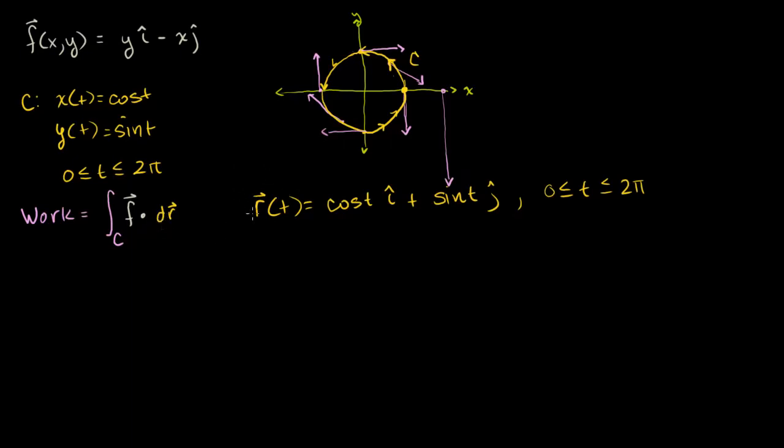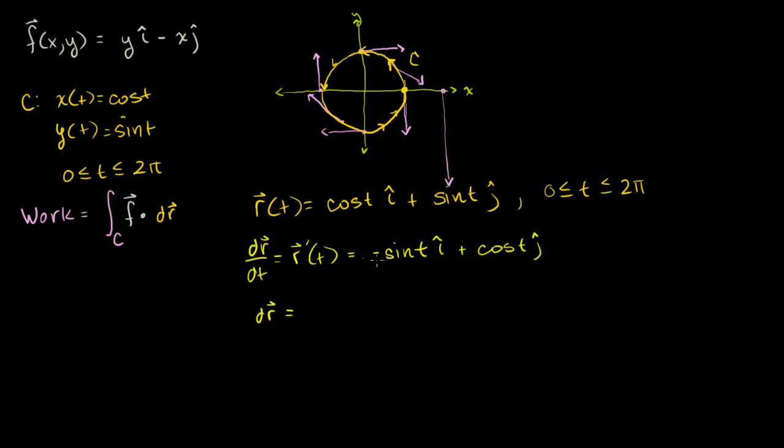So a good place to start is the derivative of our position vector function with respect to t. So we have dr dt, which we could also write as r prime of t. This is equal to the derivative of x of t with respect to t, which is minus sine of t times i, plus the derivative of y of t with respect to t. That's derivative of sine of t, which is just cosine of t times j. And if we want the differential, we just multiply everything times dt. So we get dr